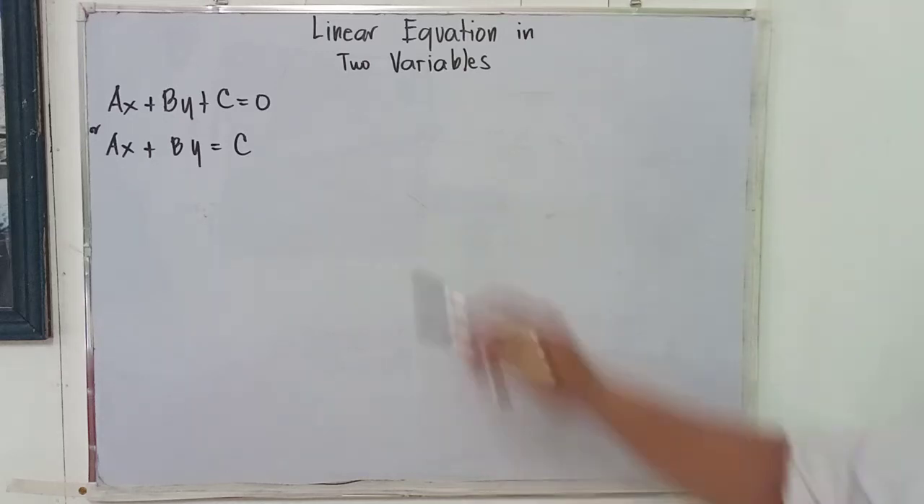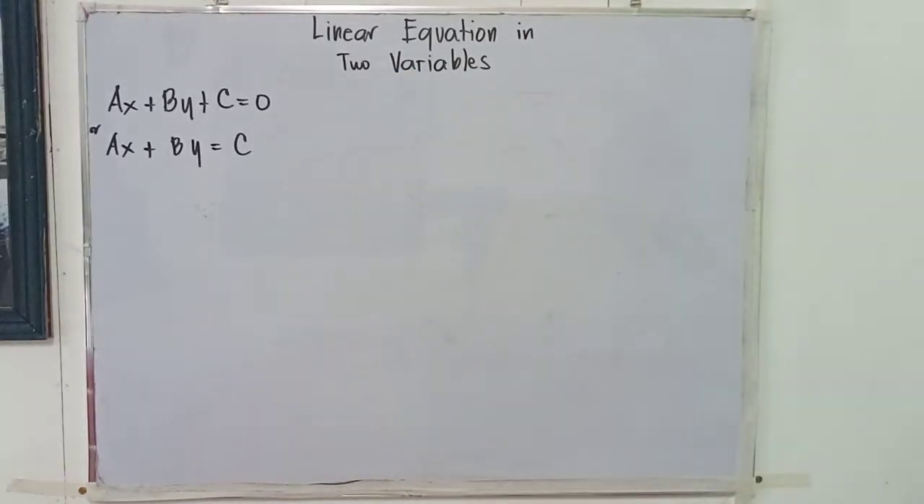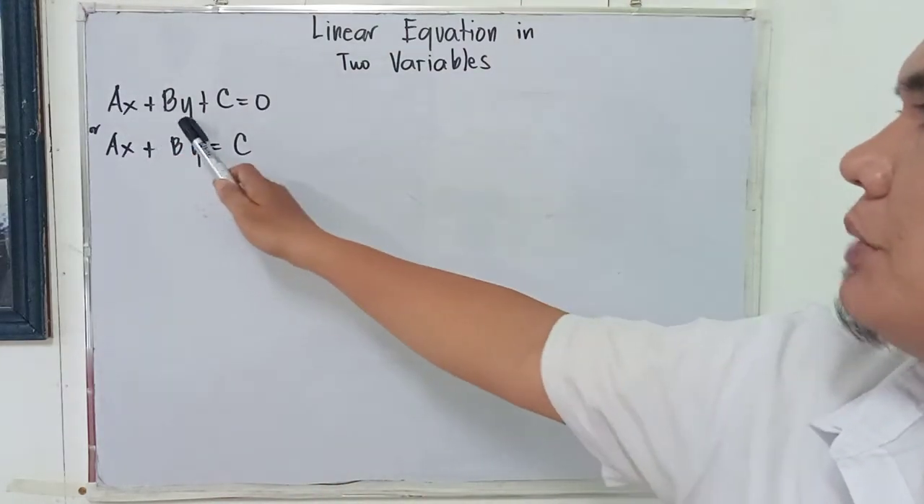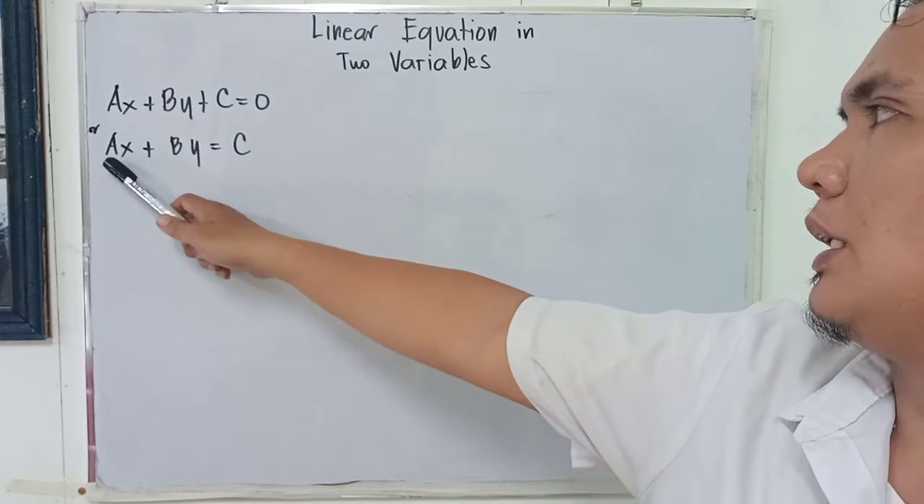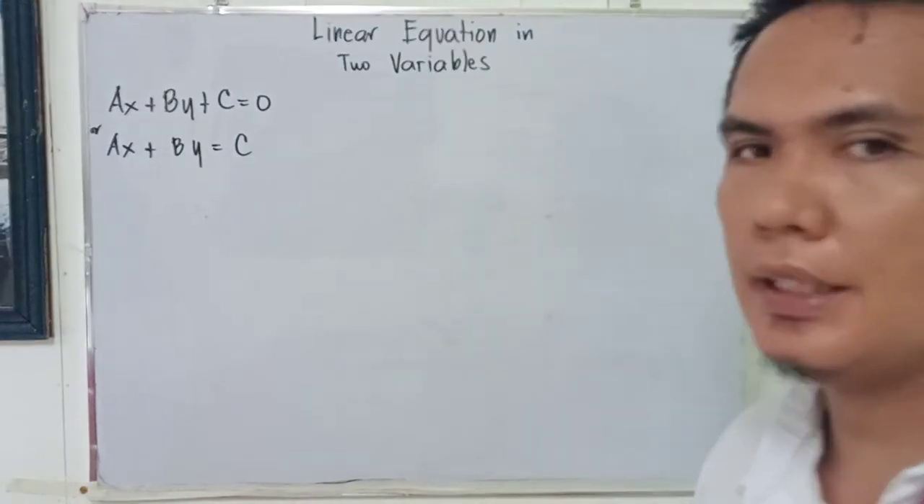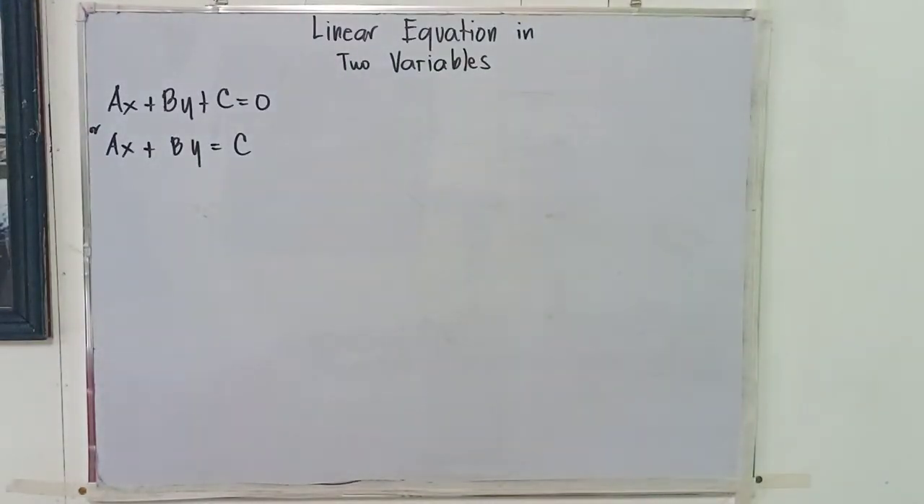Okay, so our next topic is about linear equation in two variables. So we have here the general form or the formula for the linear equation in two variables. We have ax plus by plus c is equal to 0, or we can have also ax plus by is equal to c. So basically this is a continuation of our previous lesson, and in that lesson we talked about